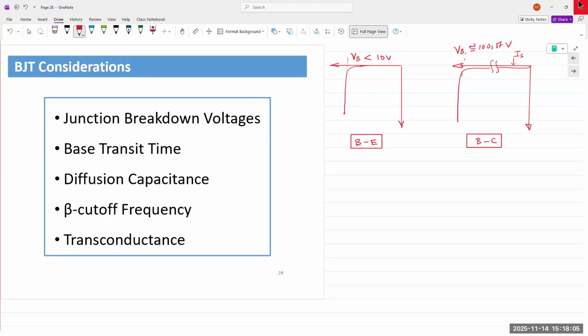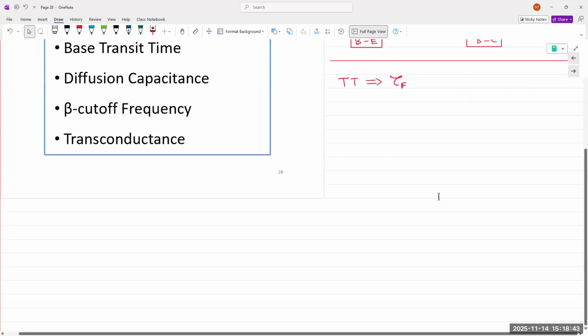Okay. This charge transfer or movement of electrons and holes does not take place in an instant. It requires a finite amount of time. And so that is known as the base transit time. It transits from the emitter to the base and from the base to the collector. So how long it takes for it to transit through the base, and it's noted by tau f. And tau f can be given by the equation